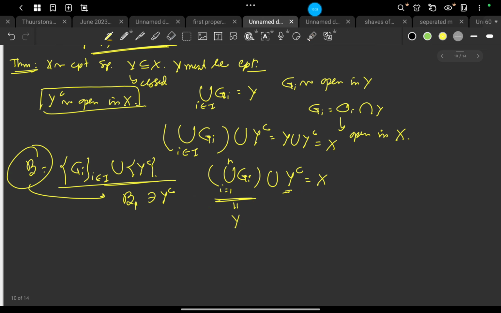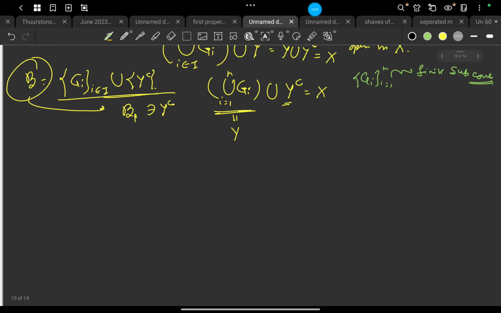So this collection Gi, i equals 1 to n, is the associated finite subcover.